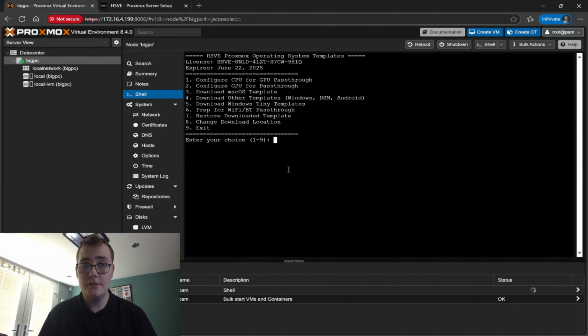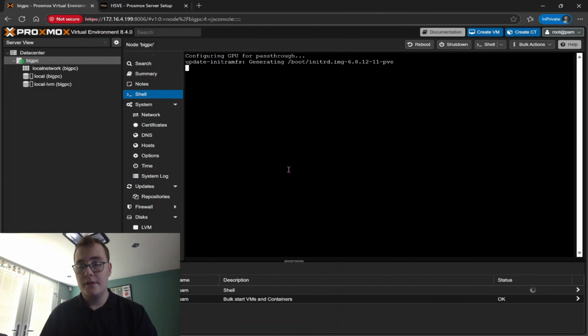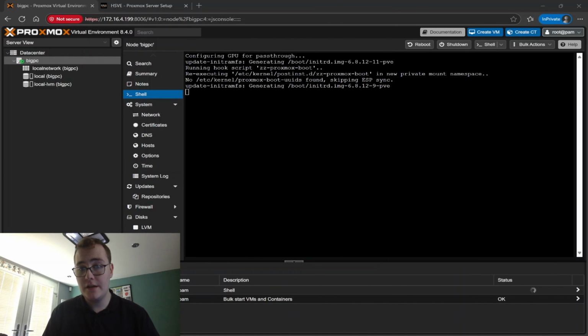So if we select the second option once again, this will then configure the GPU for pass-through too. Now the only manual intervention will be using the commands in the description below, as these cannot be integrated into the script. This is due to each graphics card having its own ID, which I will explain more in a moment. So let's wait for this upgrade and then we'll go on to actually configuring the graphics card and blacklisting